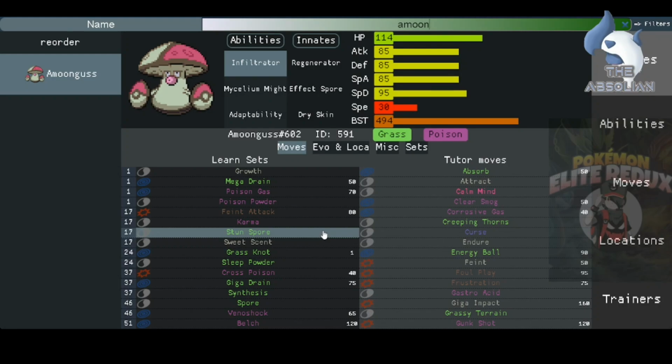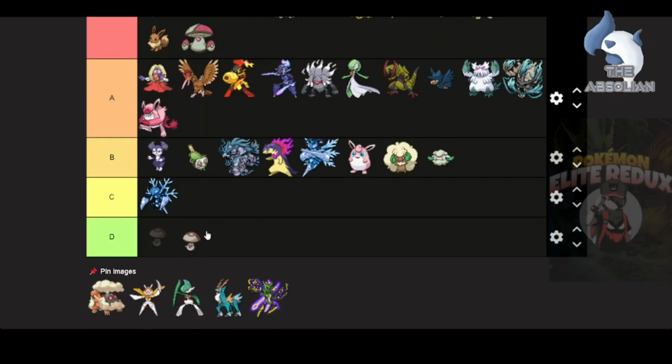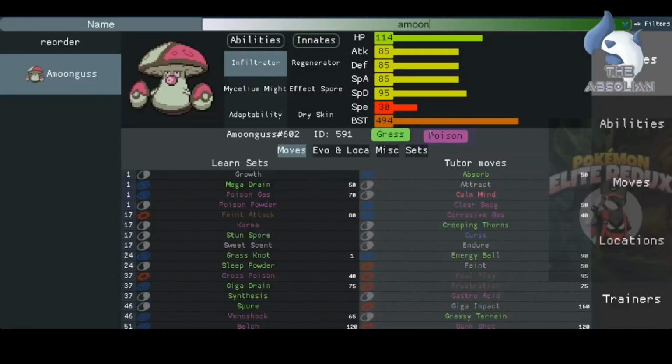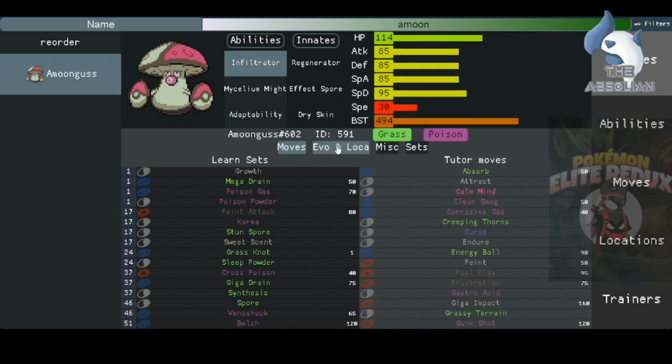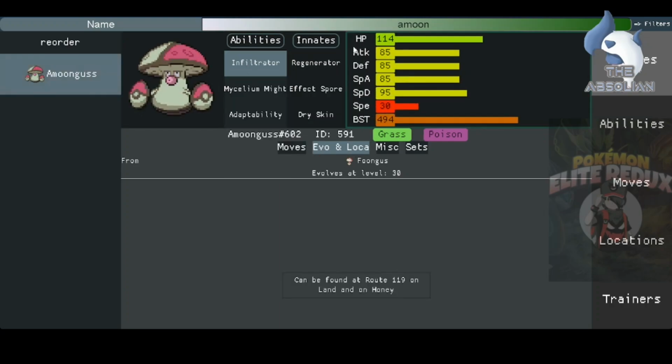So yeah, I think Foul Play is a lot better, or if not, you can use Giga Drain and Clear Smog. But Fungus is going to be way better and high up in a tier, and I want it to be better than Smeargle. The reason why is that Fungus is exactly the same as Amoonguss. In fact, it's better because its speed tier is 15. Meaning, if you look at the speed tie,